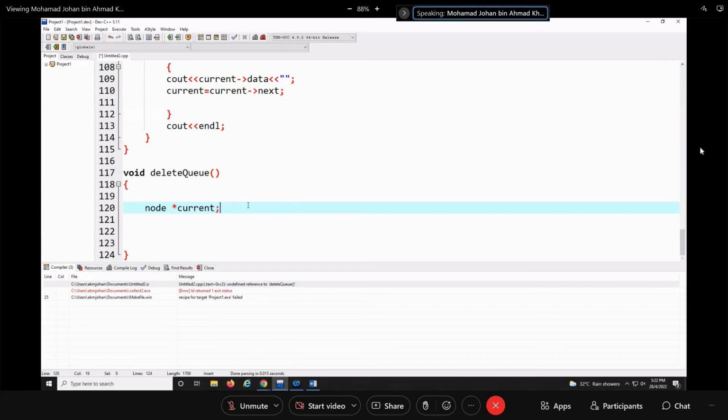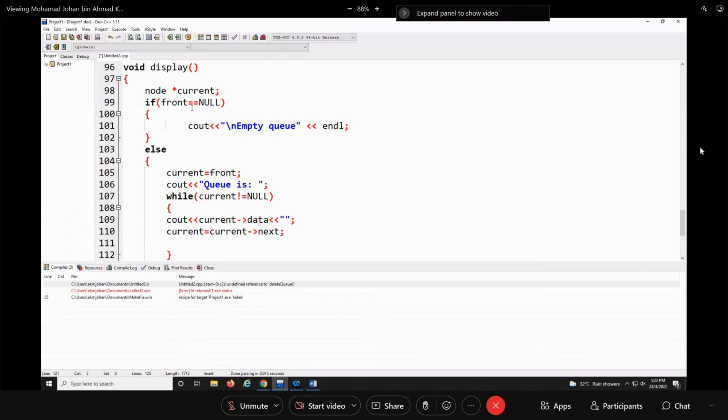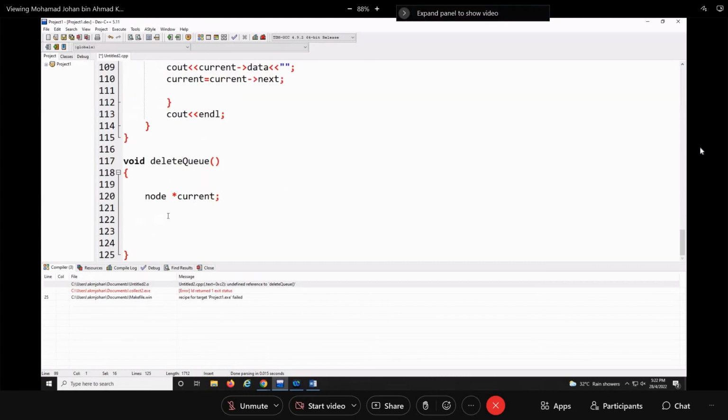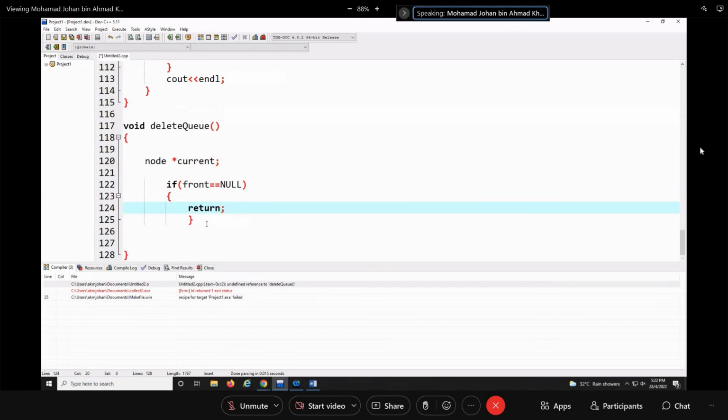And then you say, oh yeah, actually have lah. If front is nothing, do nothing actually. Return back the control. If front is null, then return. Because katakan dia panggil delete queue kan, if front is null, mean tak ada apa-apa, then you just return back the control. Else,